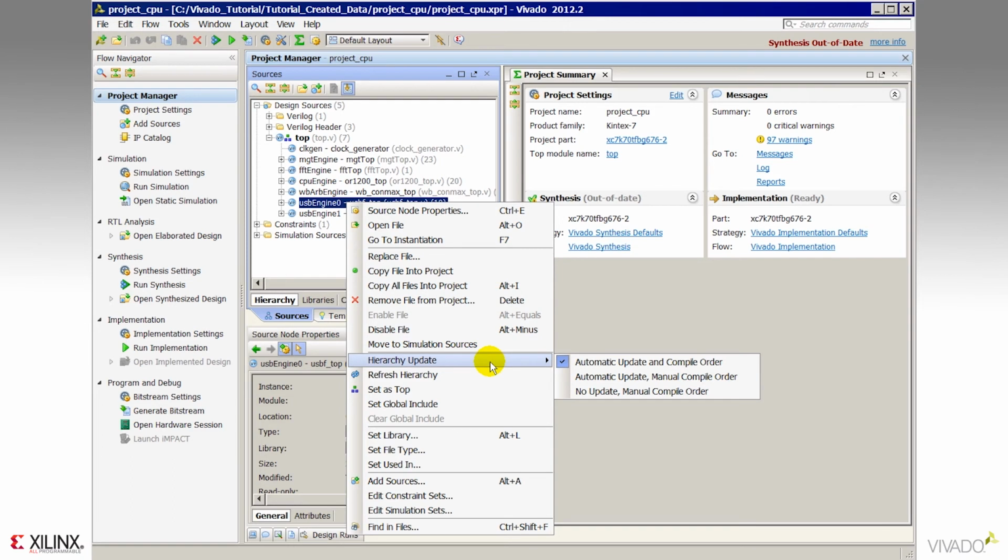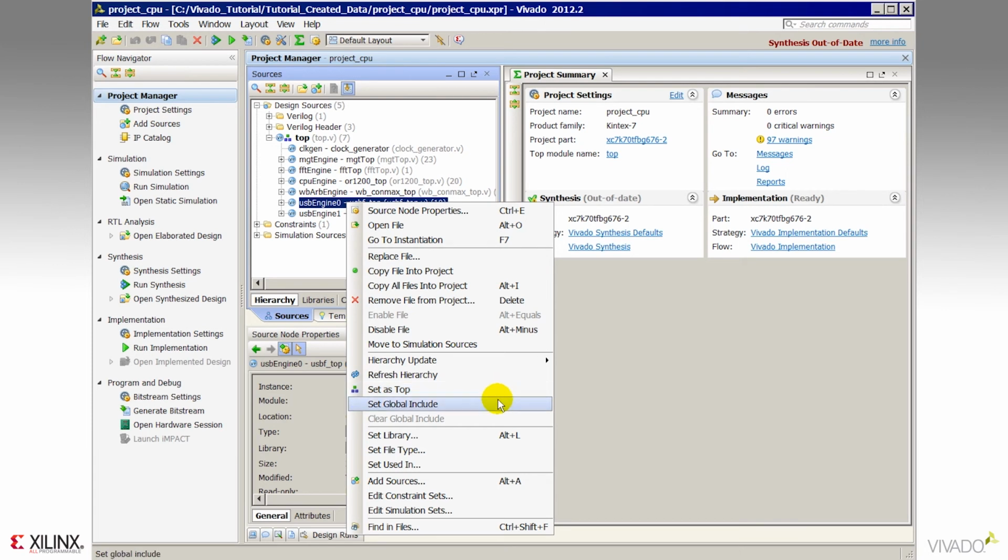I can also set whether I want the logic hierarchy to be automatically updated or whether I want to do that manually. I can use the set as top command to differentiate the top module in the design. Typically, you would use that to define the top level of the design, just in case the automatic hierarchy rendering didn't find it. But you could use set as top to set a module as the top level so that